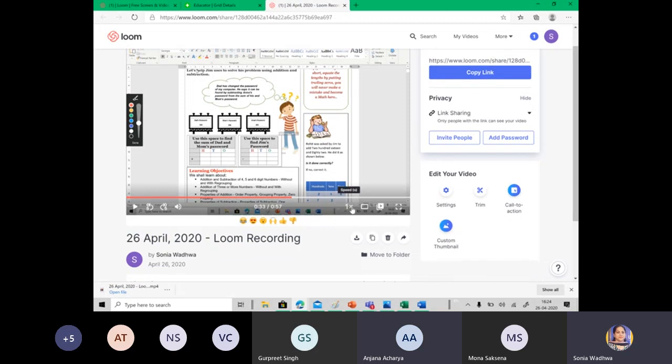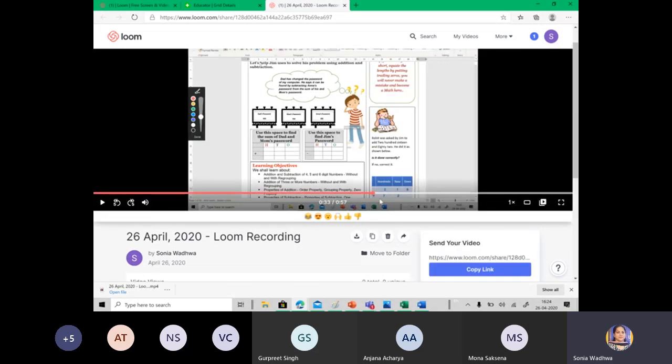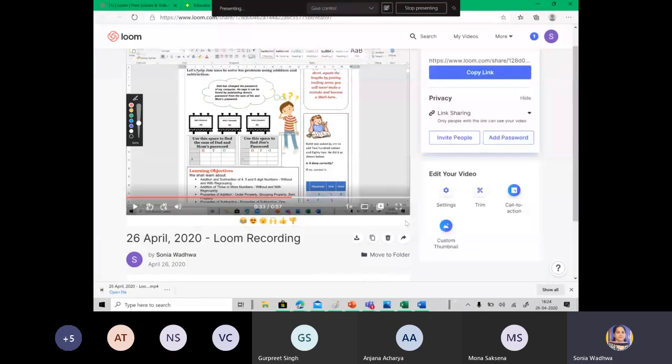Once you have done this, as I said, I increased the speed earlier, so I can bring it back from this portion. Let me decide my screen. Now you can either view it in theater mode. If you want to view it in theater mode, you can click on this option and you can bring it back to default mode.